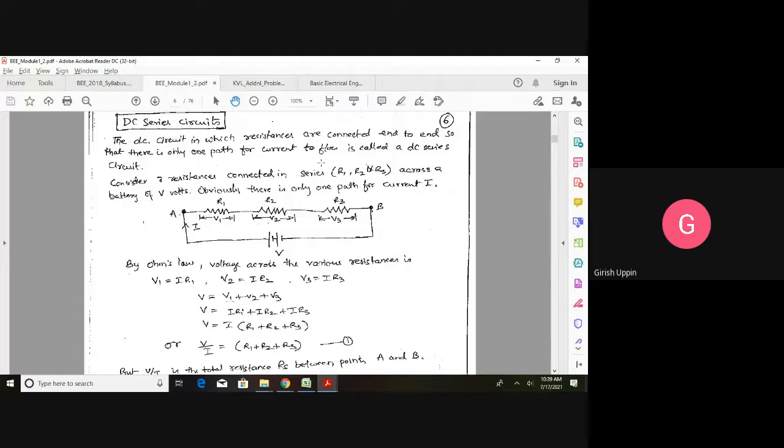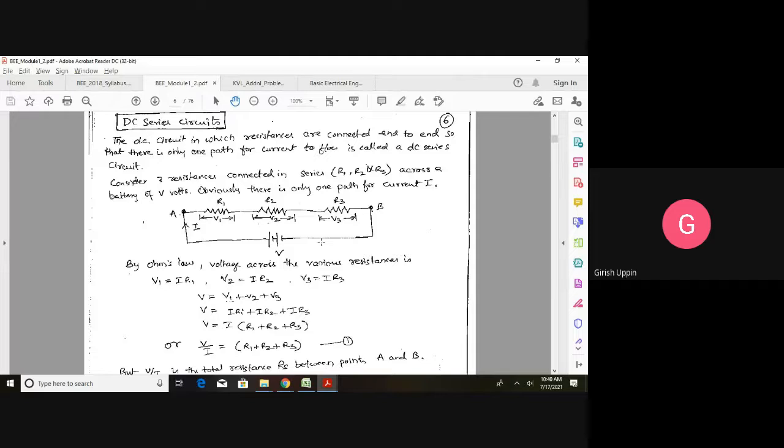So how to identify a series circuit? If resistors are connected end to end, means one end is connected to another end, this end is connected to the other end of the resistor, making only one path. The easiest way to understand whether two resistors are in series or not is by knowing what current is flowing. If there is only one path for the current, that means those resistors are connected in series. If there are multiple paths, that means those resistors are connected in parallel, or it could be connected in some complicated fashion.